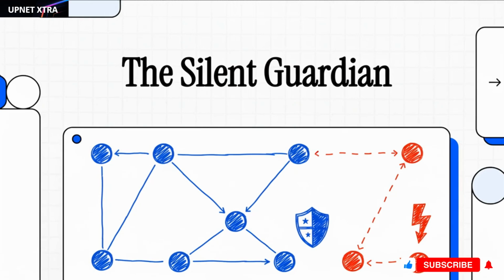Okay, let's talk about something really interesting. In pretty much every complex network, there's this silent guardian working 24/7 to prevent a total meltdown. It's called the spanning tree protocol. And while it's designed to be your network's biggest hero, one wrong move can turn it into the villain that brings the whole thing crashing down.